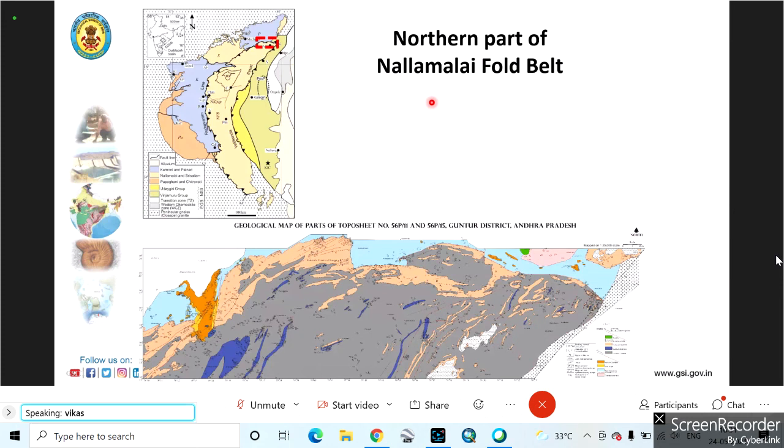Now you see another area when you go to the northern part of the Nanamalai fold belt. I'm coming back to the Nanamalai fold belt. It's a very classical terrain when you deal with the sedimentary and the structures together. In this geological map we have prepared, you can see a light orange colored quartzite in the upper flank, just at the contact of the blue colored one. These are light orangish colored quartzites.